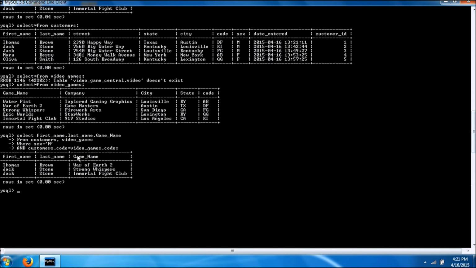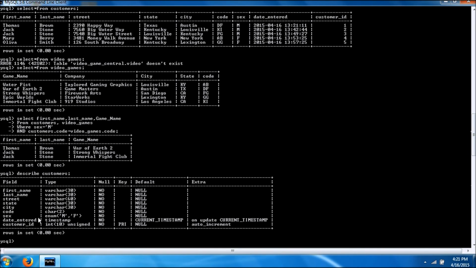Okay, so that is how you basically do relations between tables, or join tables together. And I do want to show you something to give you a visual here. Describe customers table is what we're going to do. And as you can see right here,